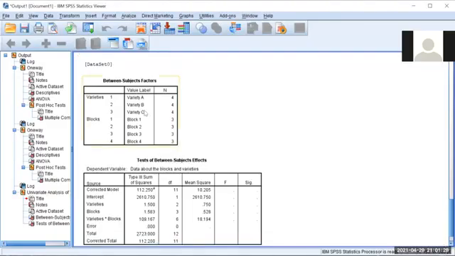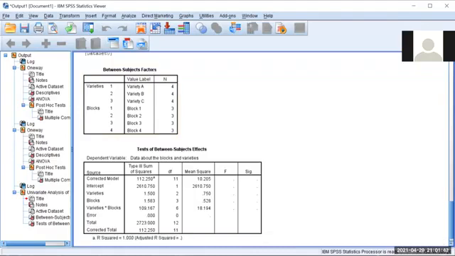So this is the data set. See, there are 3 varieties and 4 blocks. How many samples are there? It has given the detail, and the output table is